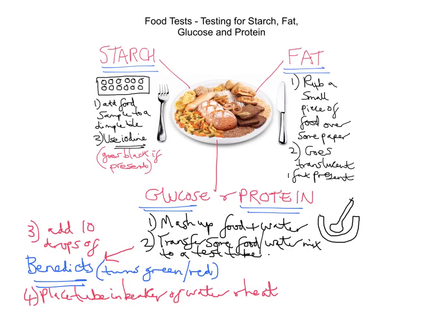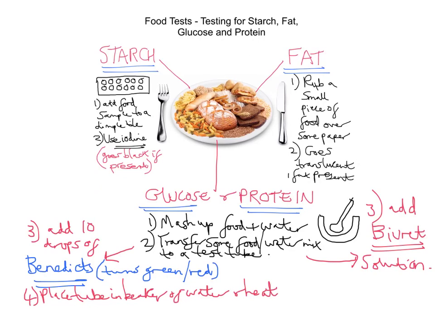Now, sometimes that gets confused with protein, because protein uses something also beginning with B, but not Benedict's. This time it uses something called Biuret. So when we're testing for protein, we actually add to that test tube of food and water something called, I'll write it in red as I did Benedict's in blue, we add what's called Biuret